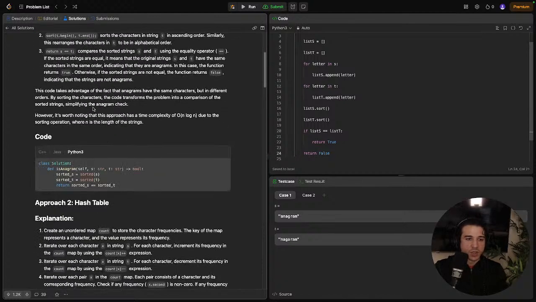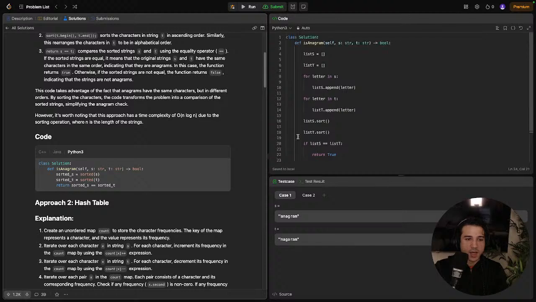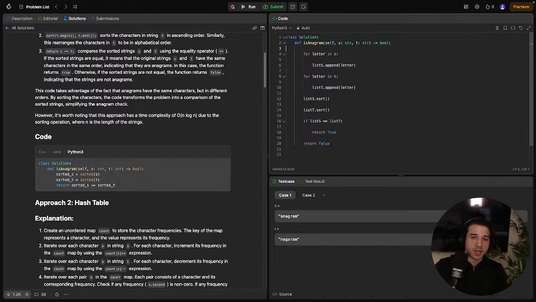However, it's worth noting that the approach has a time complexity of O(n log n) due to the sorting operation, where n is the length of the strings. And actually, I'm realizing I overcomplicated it, and there's memory allocated by doing that. I could just have done